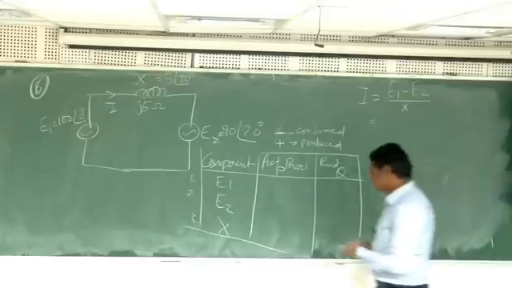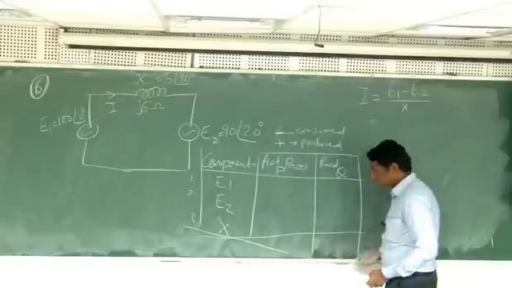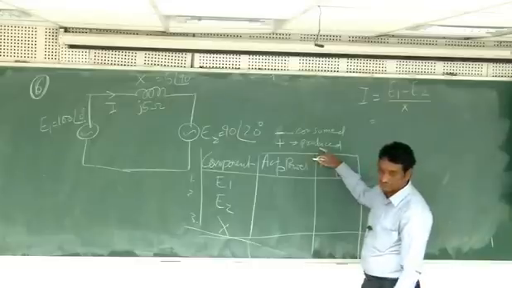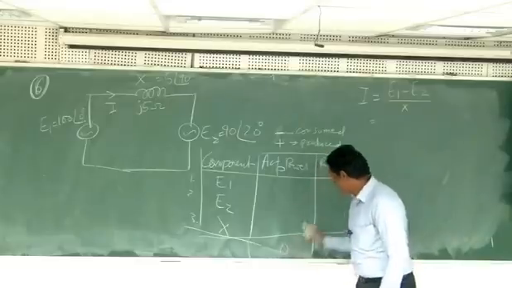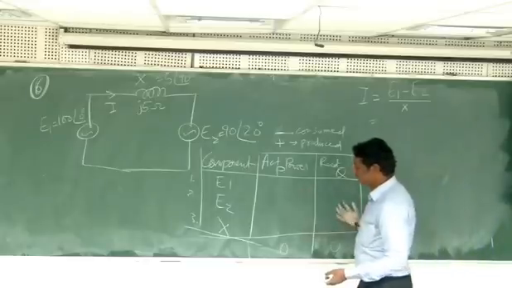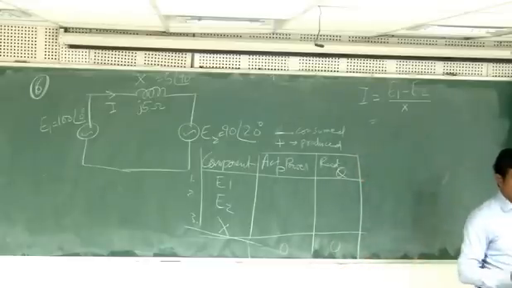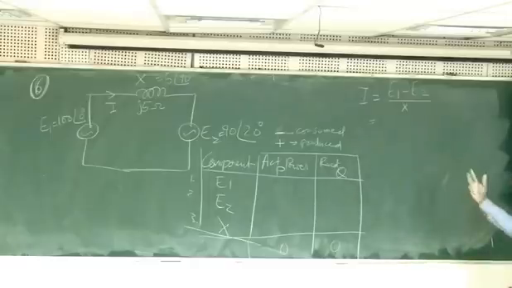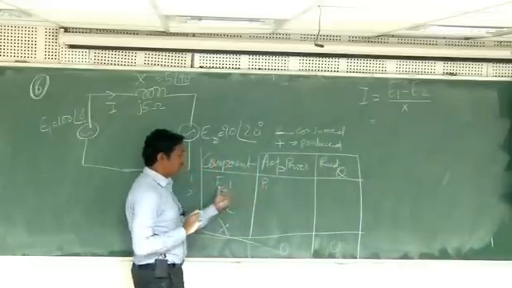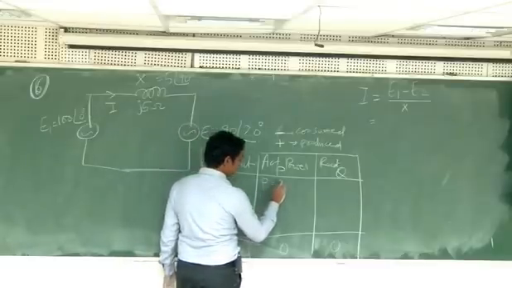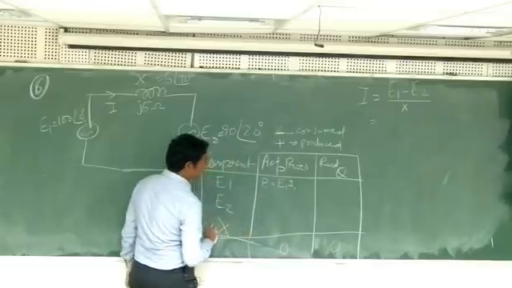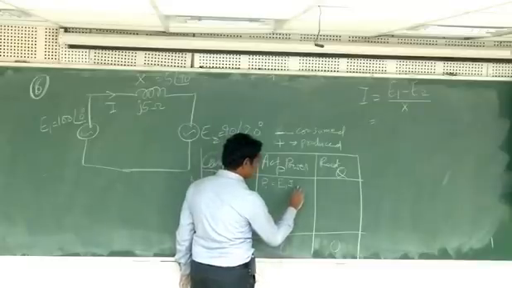One thing you should verify. You follow this: minus means consumed, plus means produced. So you add all this, it should come to 0. Reactive power of each of these components, wherever it is produced, wherever it is consumed, it should all come to 0. So you try to do this. I'll just give you the clue also. P1, power of E1, is nothing but E1 I1 cos phi 1, something like that.